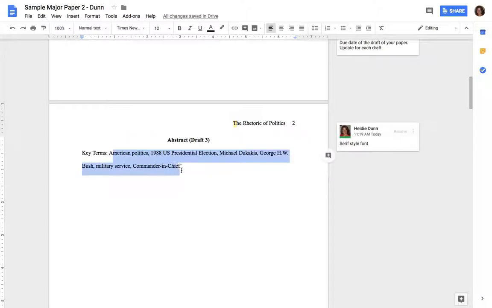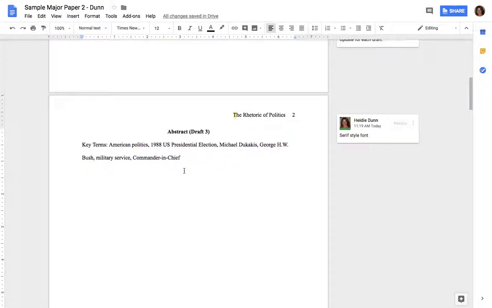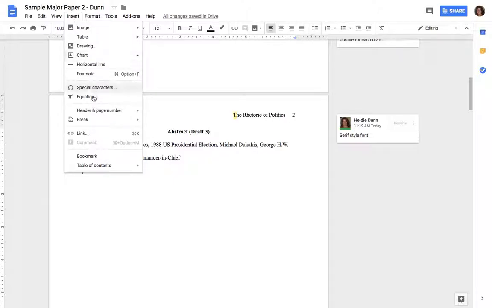I've got these listed already. Please start those while you're working on draft 1. And when you're done with those, you don't have to write anything else with the abstract. We'll do it for draft 3 later. But key terms are a good way to start. When you're done writing your key terms, I want you to, again, insert